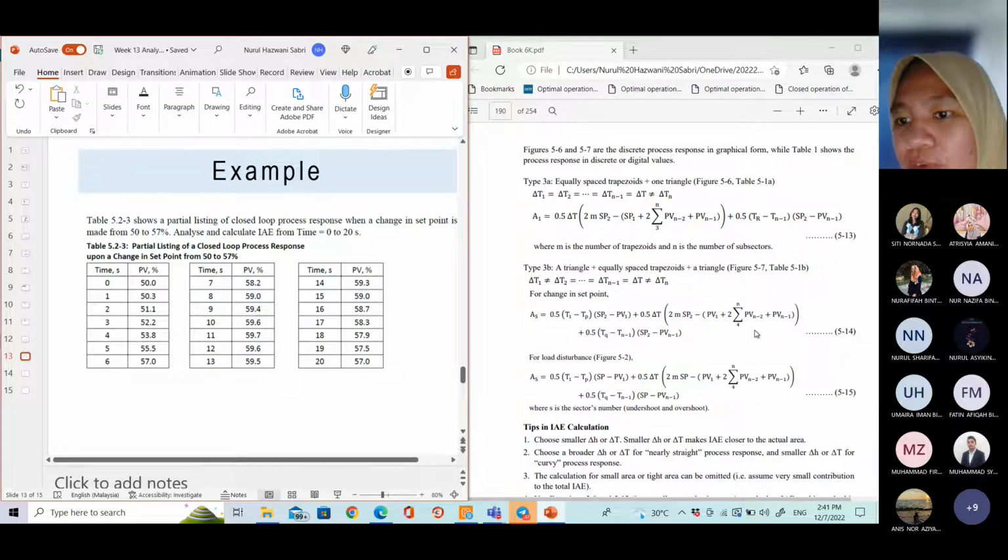N, if you are confused, is basically our number of subsectors, which is 14. So 14 minus 2 is 12. You need to do the summation from PV1 until PV12. PV1 is 58.2. Your PV12, if you calculate, is 57.9, because 57.5 is your PV13. And 57.0 is your SP number 2 again. Remember, the